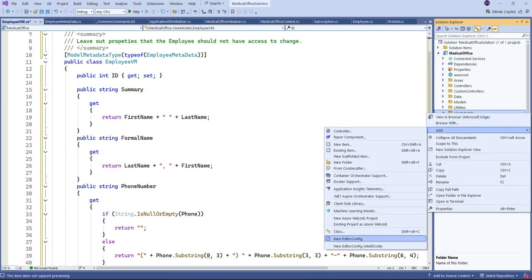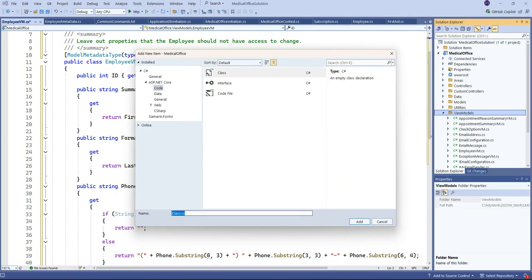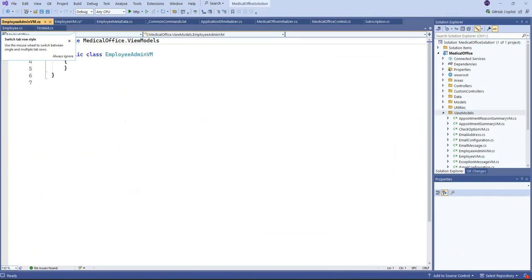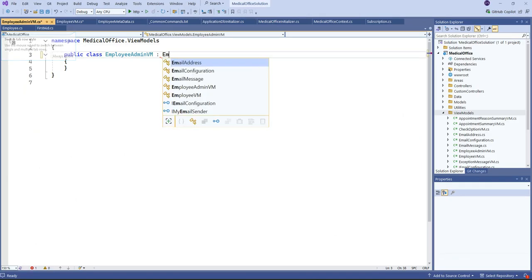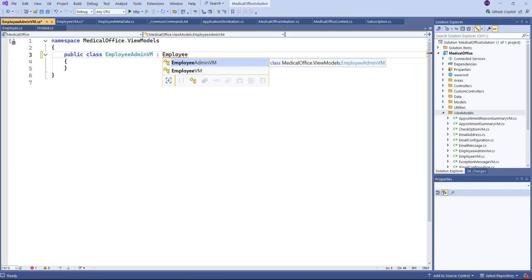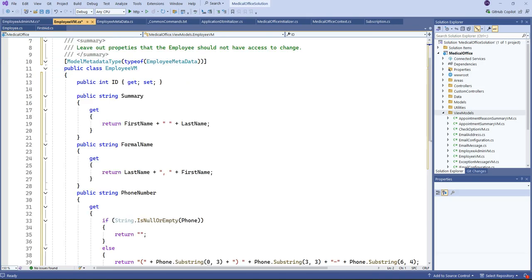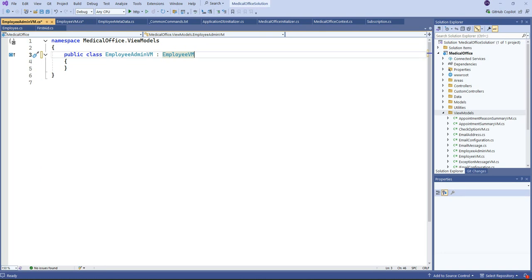This one will be for the administrator, right? So I'm going to call it EmployeeAdminViewModel. Okay, and it will inherit from EmployeeViewModel. So basically, it'll have all of these properties, so we can just store in here the extra ones that are unique and only available to be changed or modified by the actual administrator, right? So what's going to go in here? Well, first of all, let me get my